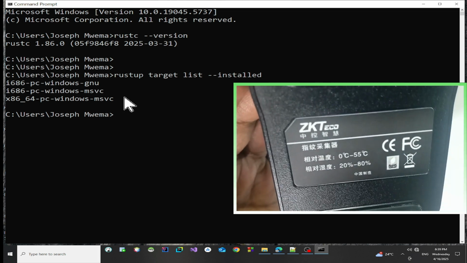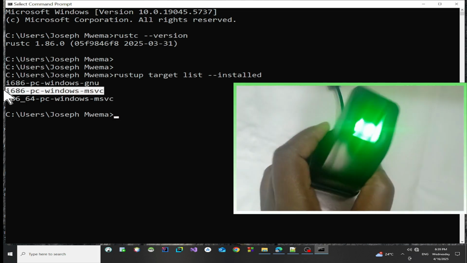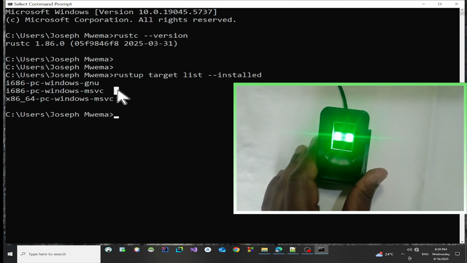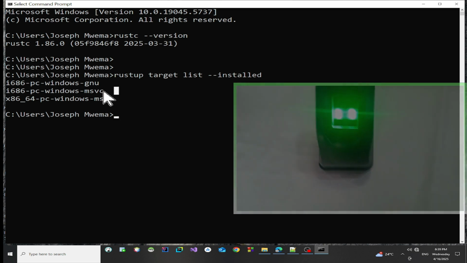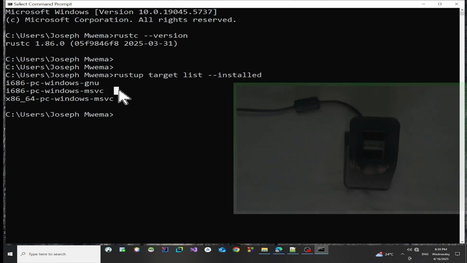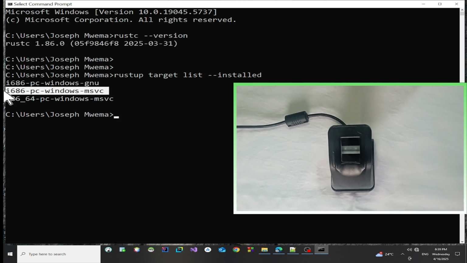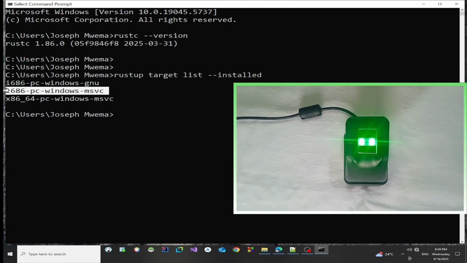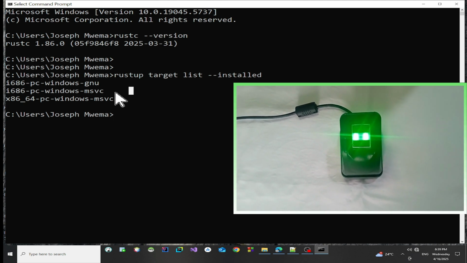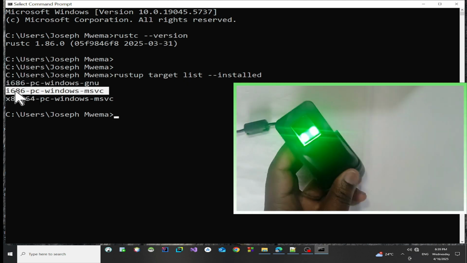Okay, to make things clearer, when I will be building the application, I will be using this toolchain here, and when I'll be running the Rust biometric application, I'll be using this toolchain here. I could repeat that again. When I will be building the Rust biometric application, I will be using this Microsoft toolchain here, the highlighted one. When I will be running the Rust biometric fingerprint application, I will be using this toolchain here, the 32-bit one,